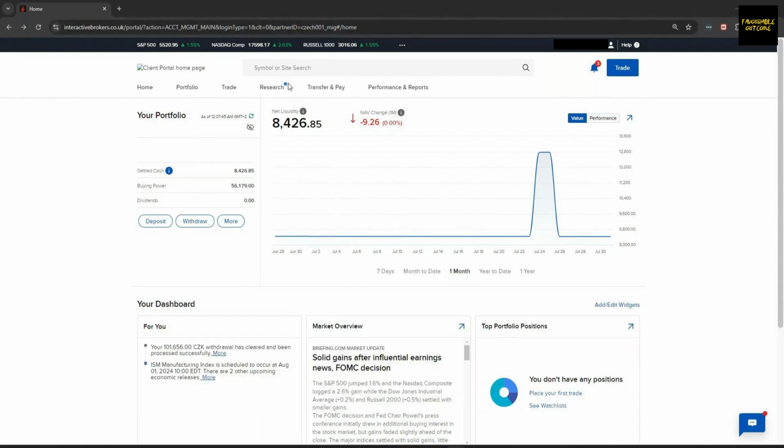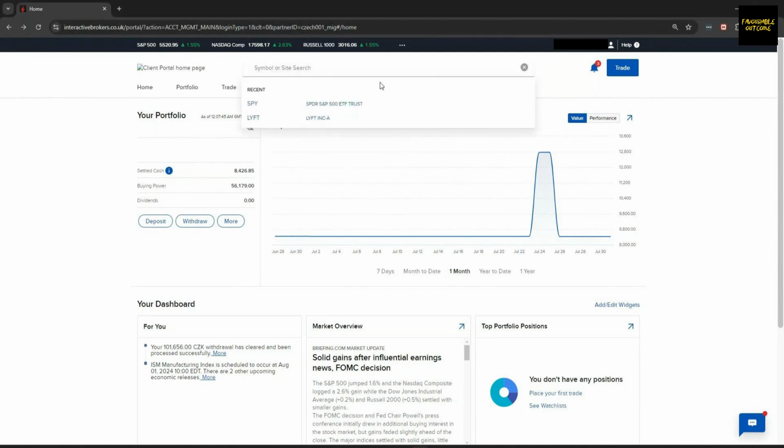Then after this, it's important, let's say you have a cash account. I think it's very important here under transfer and pay to convert your money. Let's say your account is in euro, but you want to trade in the US stock market, then you need to exchange money first. In a margin account,